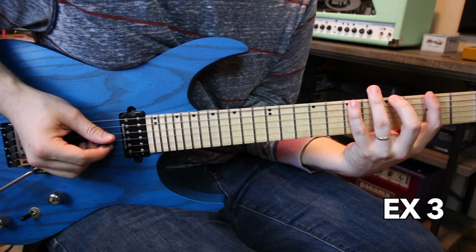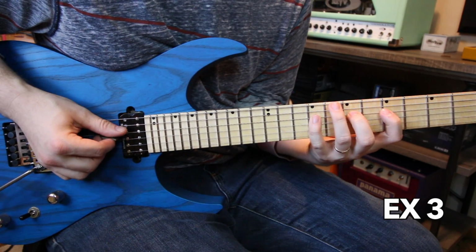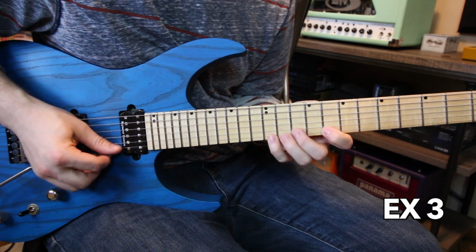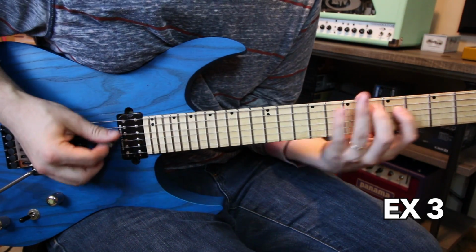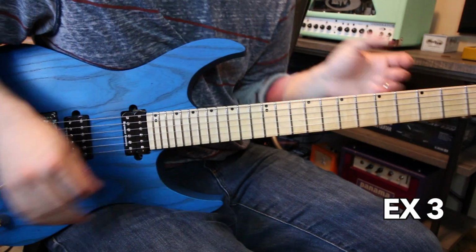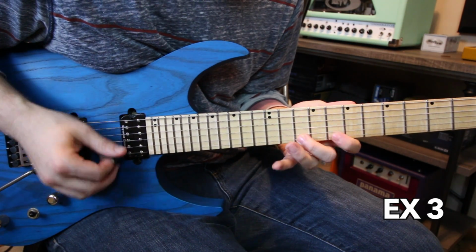We're going to go 3-5-7 on the low E and A, shift up, and you're going to go 5-7-9 on the D and G. Then you're going to shift up again and you're going to go 8-10-12 on the B and high E. Now that right there, look how much of the fingerboard we covered. Already a nice portion of it. Then you want to be able to descend it. Anything that you can ascend, you have to be able to descend. So then you come back and work the other way. 12-10-8,